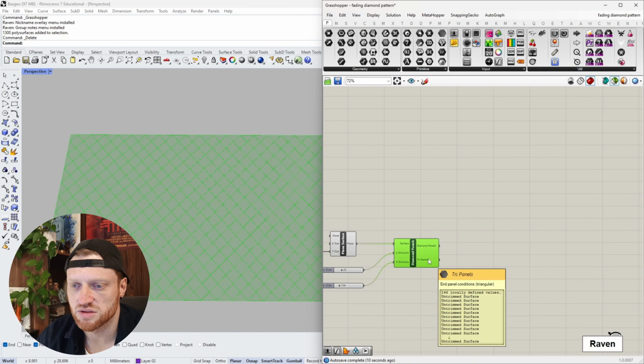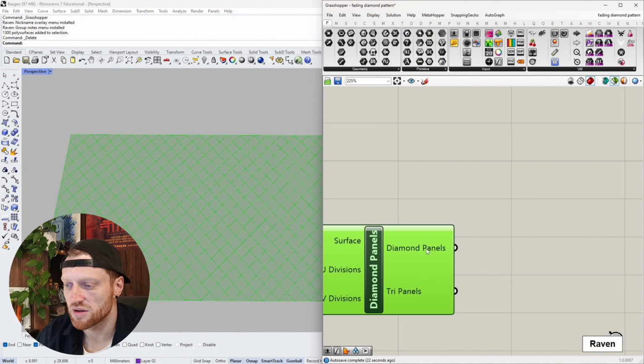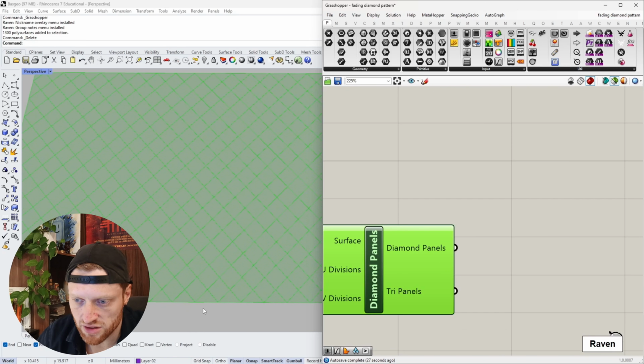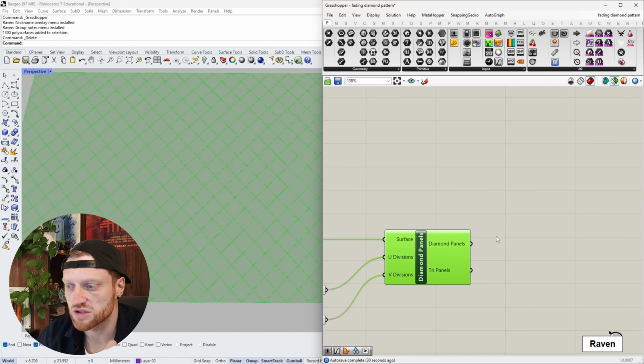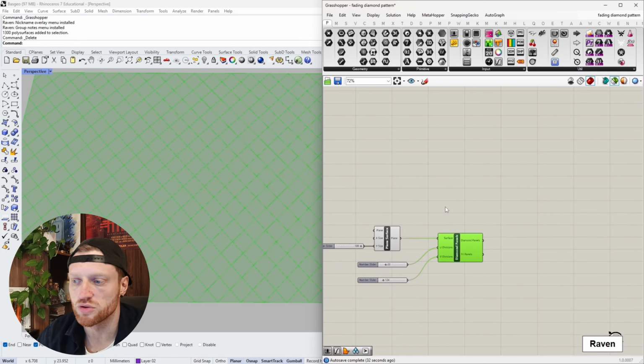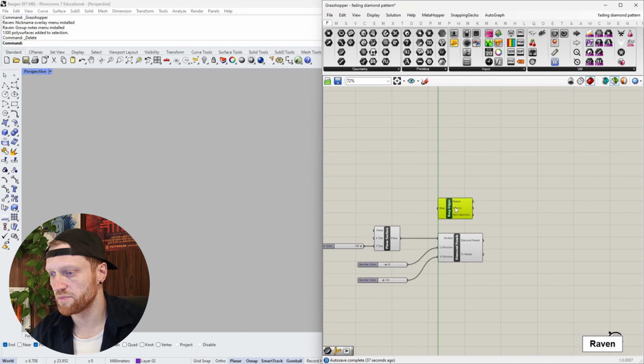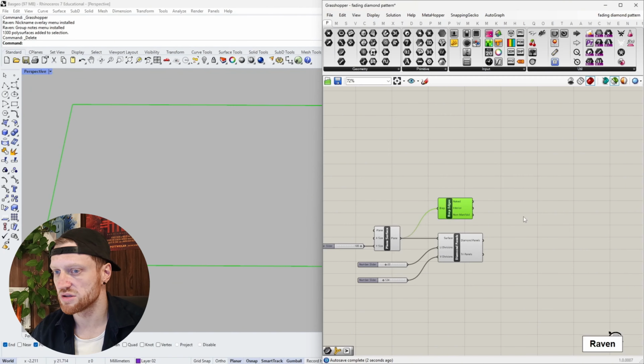So we have these panels, and we basically want to take each of these panels and scale them down based on the distance to a certain geometry, right? So we already have these panels. That automatically also gets rid of the small triangular ones at the edges. So we only have the ones that we actually need. So we still need the geometry to pull towards. So I would just say grab edge, plug in my surface, and then I have 4 edges,